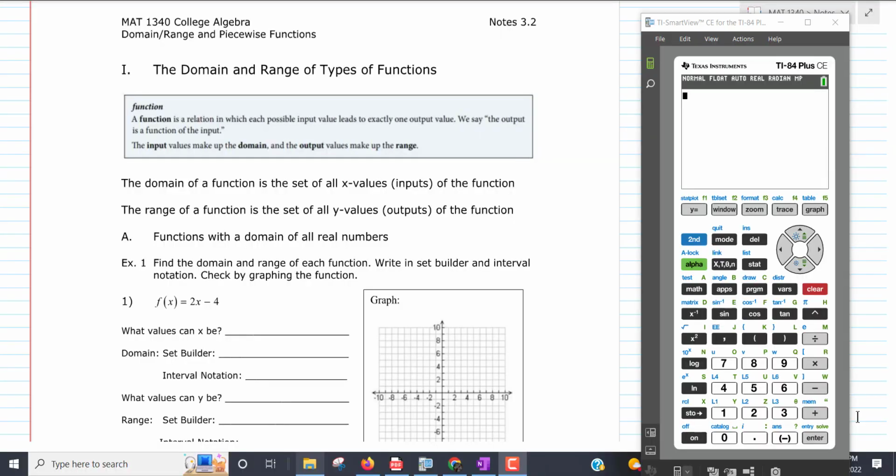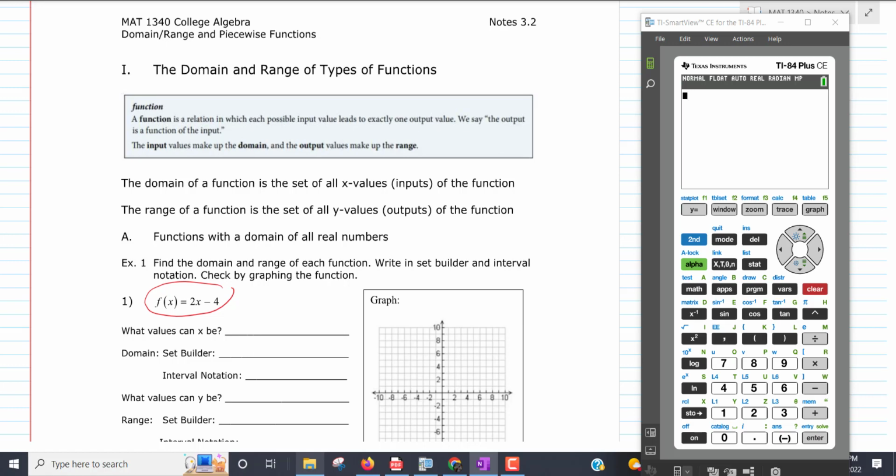Okay, so on 3.2, we're going to run through probably the first couple of parts of this, and then the piecewise functions we'll probably save till next week. But what we're going to be doing in this section mostly is I'm going to be giving a function, and then we're going to just look at the function and figure out what the domain and range are of the function. And you'll need to use your calculator at this stage to help you figure out what the range is